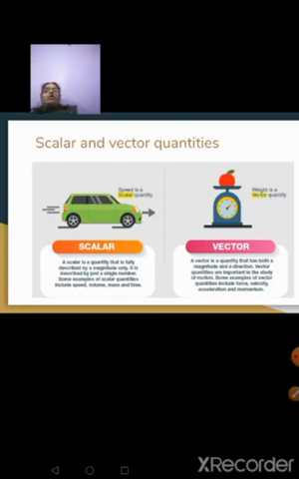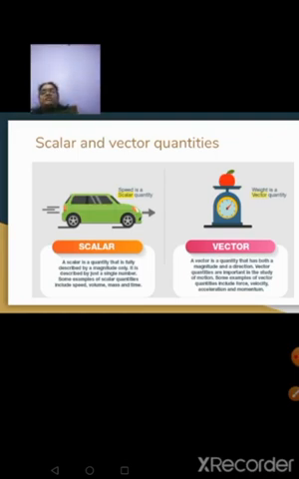Okay. When you're talking about a vector quantity, it will talk about magnitude as well as direction. For example, acceleration, your velocity. Velocity is what? Speed in a particular direction. Acceleration is change in velocity. When you're talking about velocity, you're talking about direction also. So when it is talking about both magnitude and direction, you call it a vector quantity. So a vector quantity has both magnitude and direction. Vector quantities are important in the study of motion. Some examples of vector quantity are your velocity, acceleration, momentum and all.